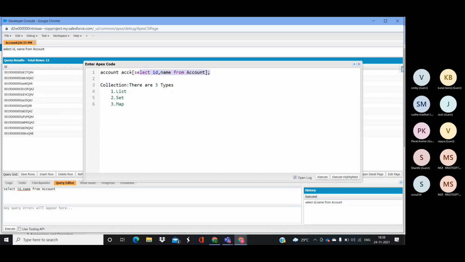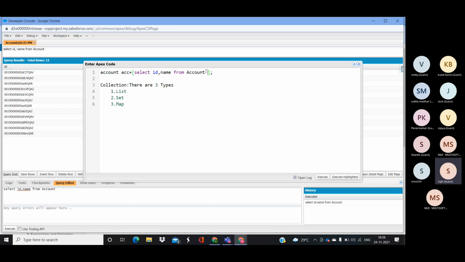From this query, you are trying to collect multiple records. It is not possible. Here in Salesforce, 3 types of collections are available. If we utilize the list type, set type, or map type, you will receive more than one record without any limitation. Like if I apply the limit 1,